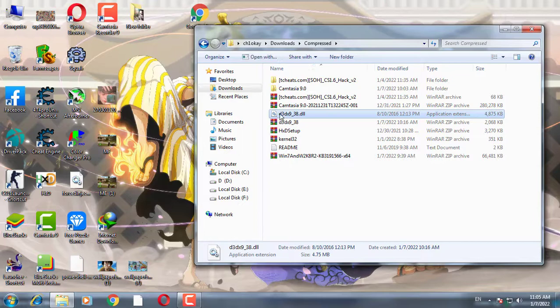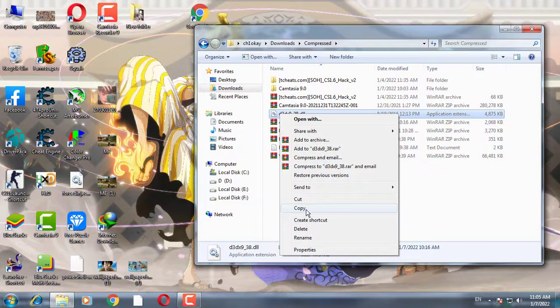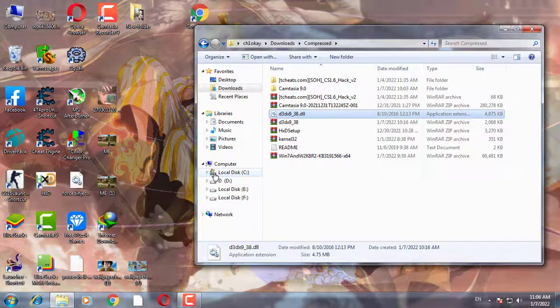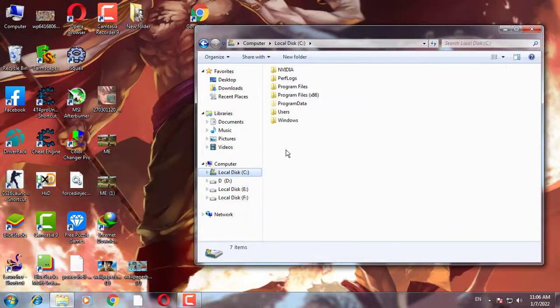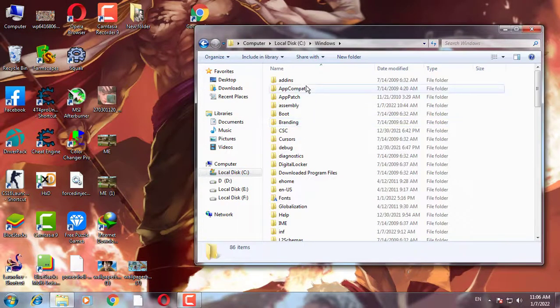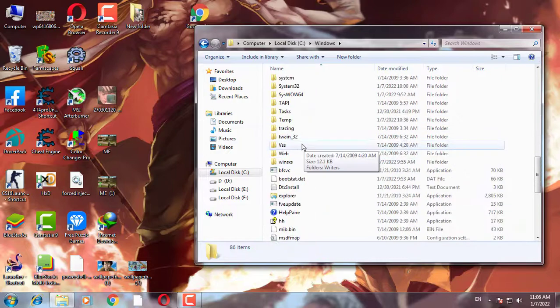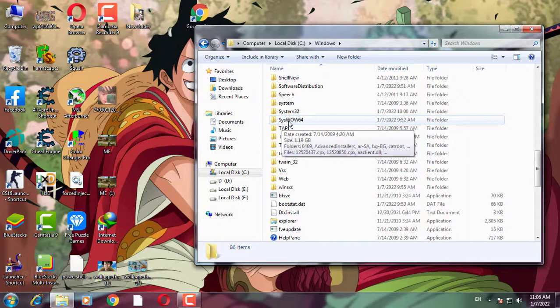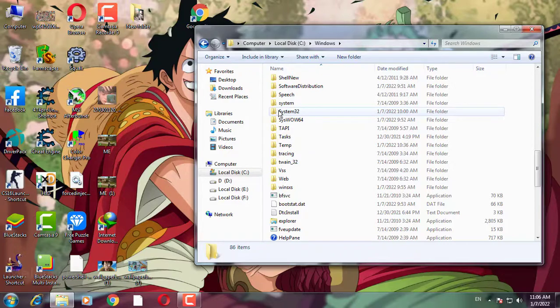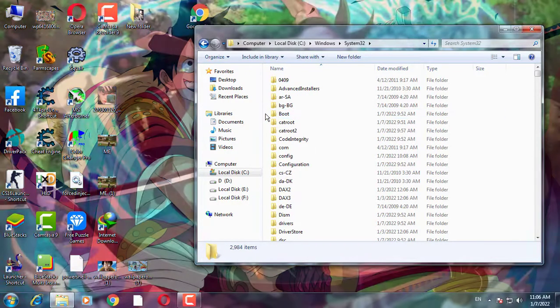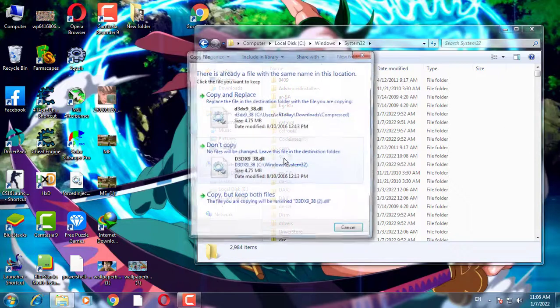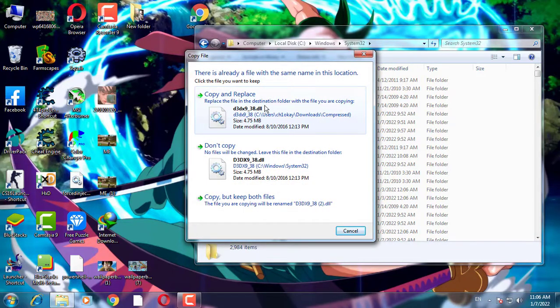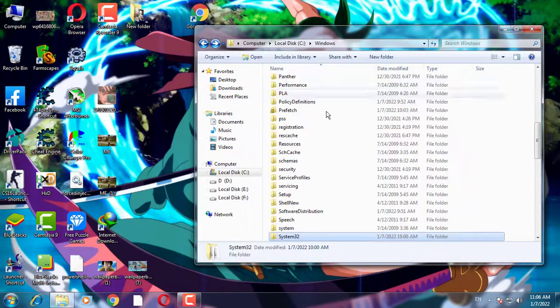So right click on it, click on copy, then go to local disk C, Windows, scroll down till you find System32 and SysWOW64. I don't know how to say it. So double click here, then right click, paste it, copy and replace. Click on this, then go back